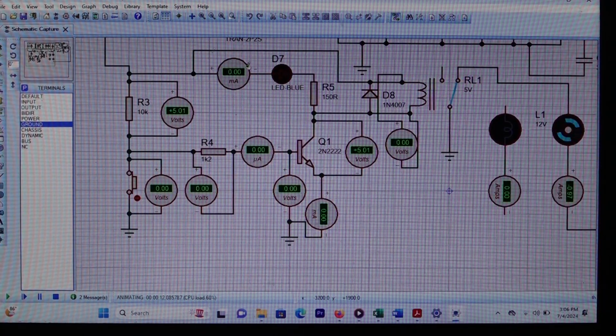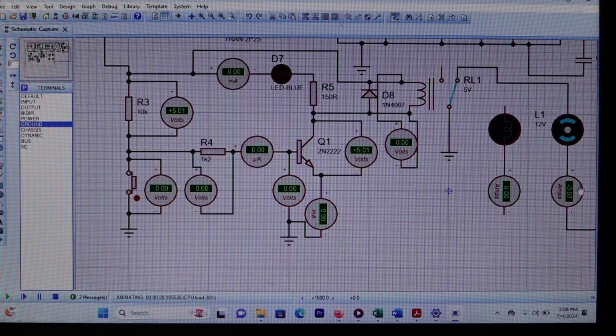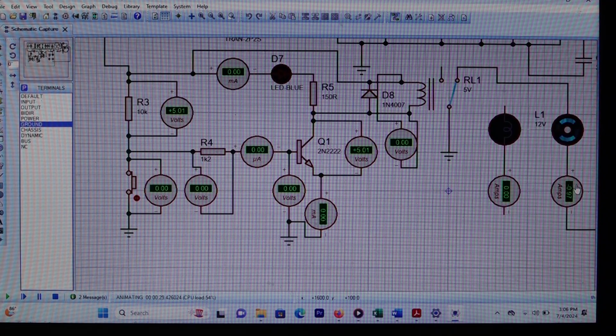Remember that we have the BJT transistor indicator. It's off, and you see right now the motor is rotating. What does the meter measure? The DC current. It's negative